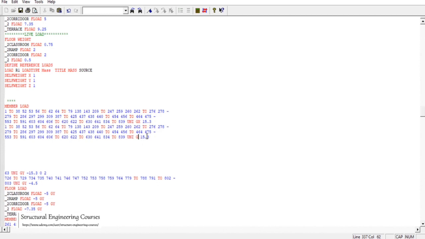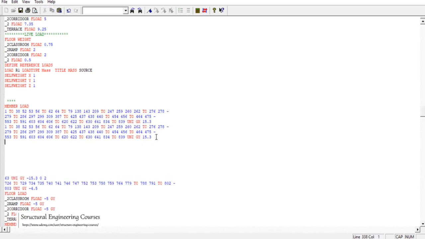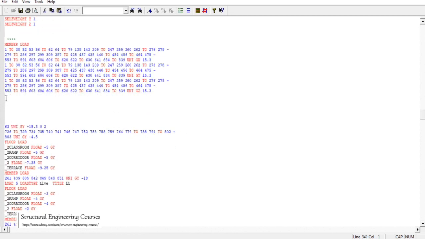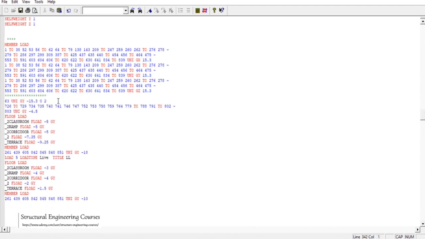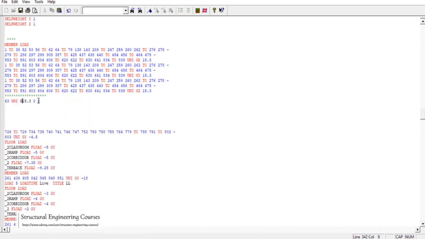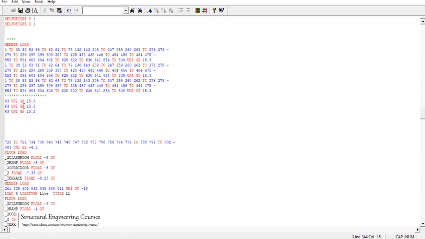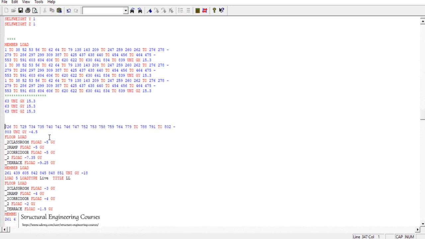After that, we need to enter UNI GY 15.3 and then UNI GZ 15.3. The same we can do for the next load case also. So we can enter UNI GY here and UNI GZ here, and similarly for this member loading also,